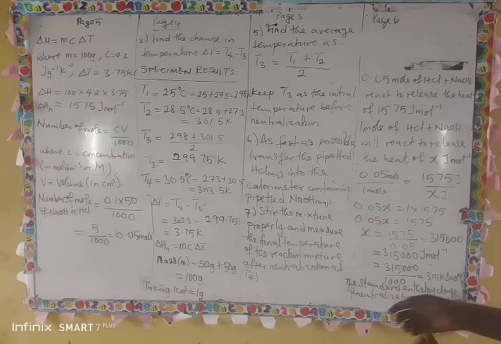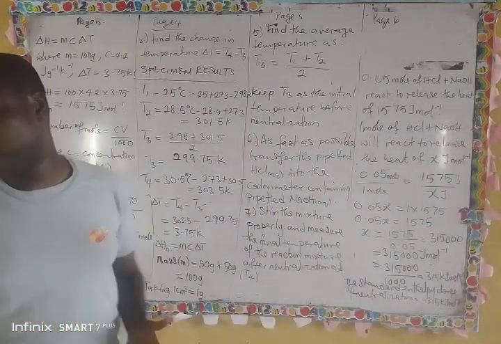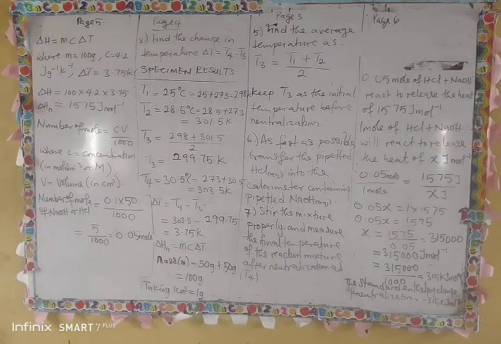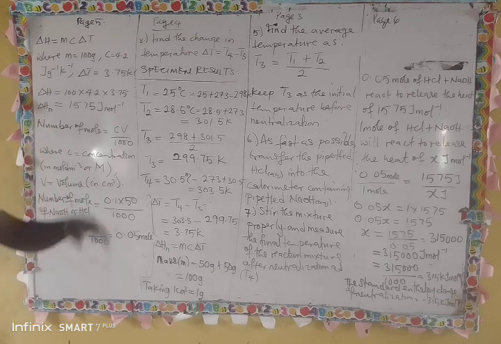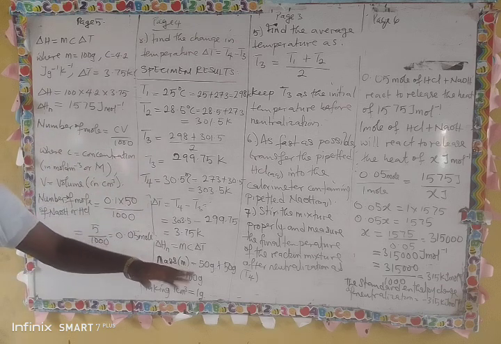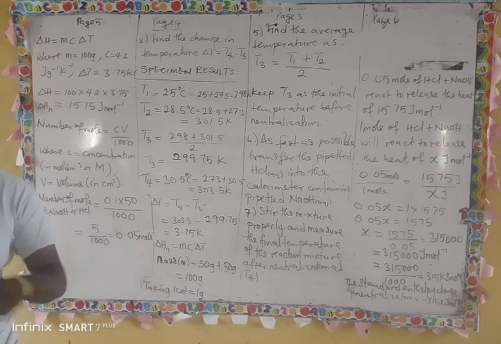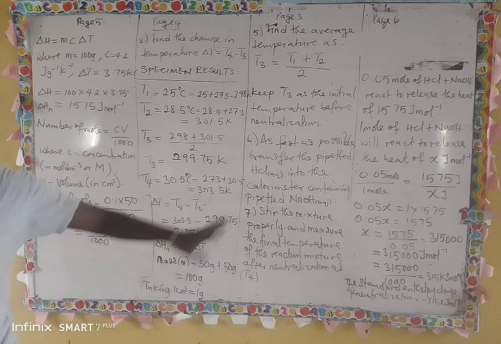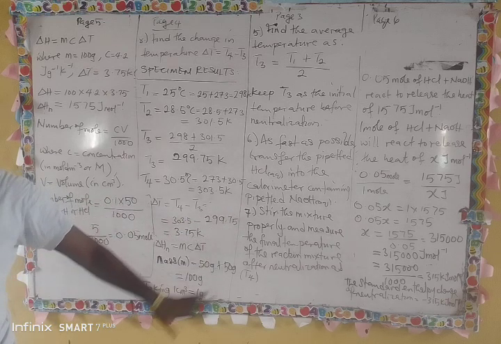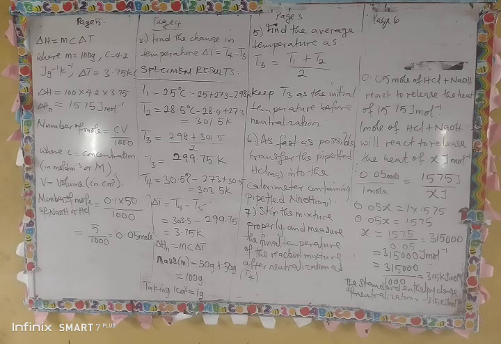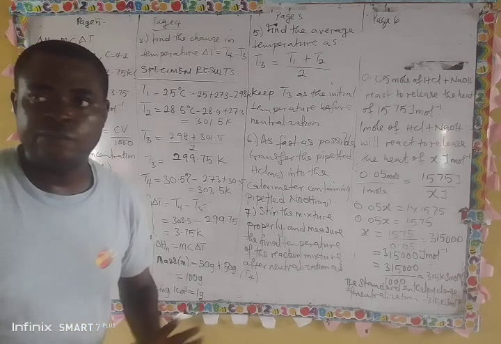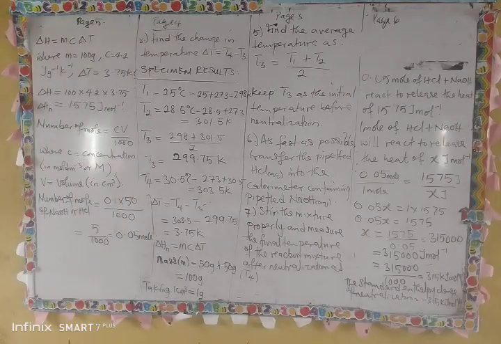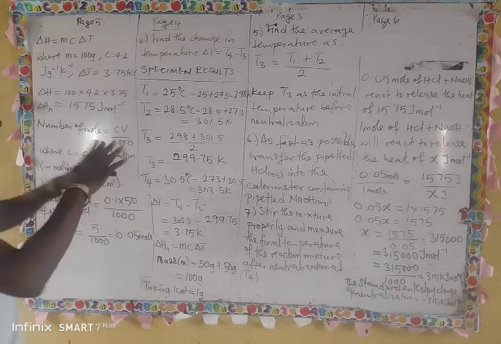Normally you see that these values are hypothetical values compared with the theoretical values. Normally we are supposed to get minus 57.4 kilojoule per mole if we have done this experimentally, which we want to do now. But the objective of this class is for us to know how they came about that 57.4 kilojoule per mole. How did they do it? I hope you understand it now. So we can end this class and go to the next video, where we are going to show everything we have said here